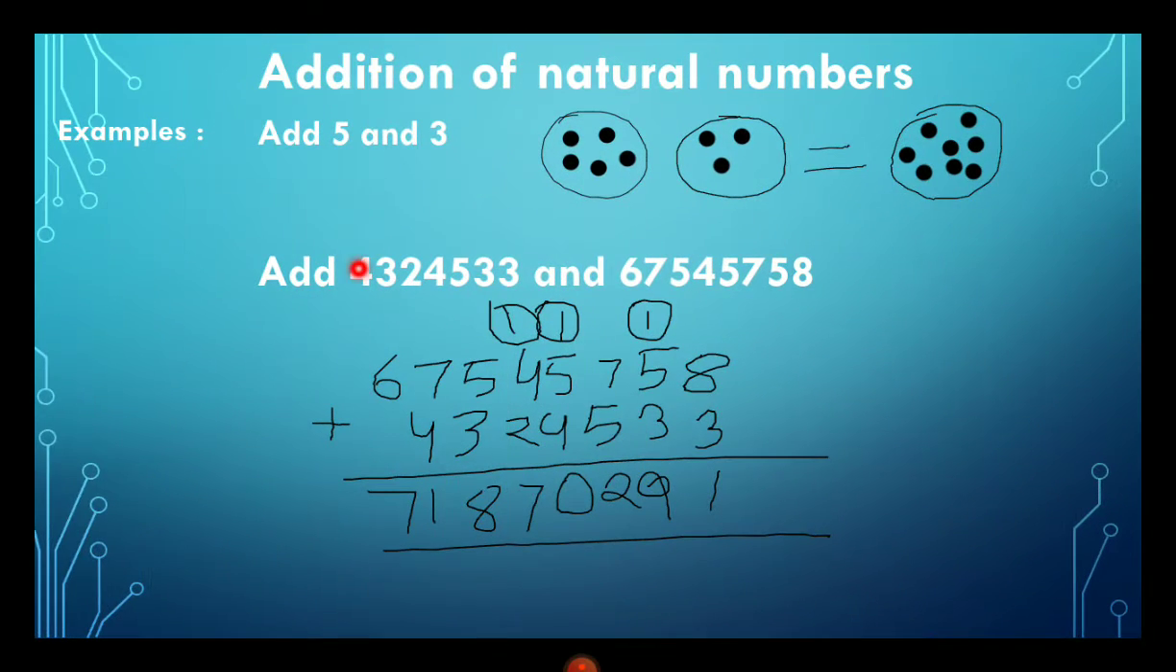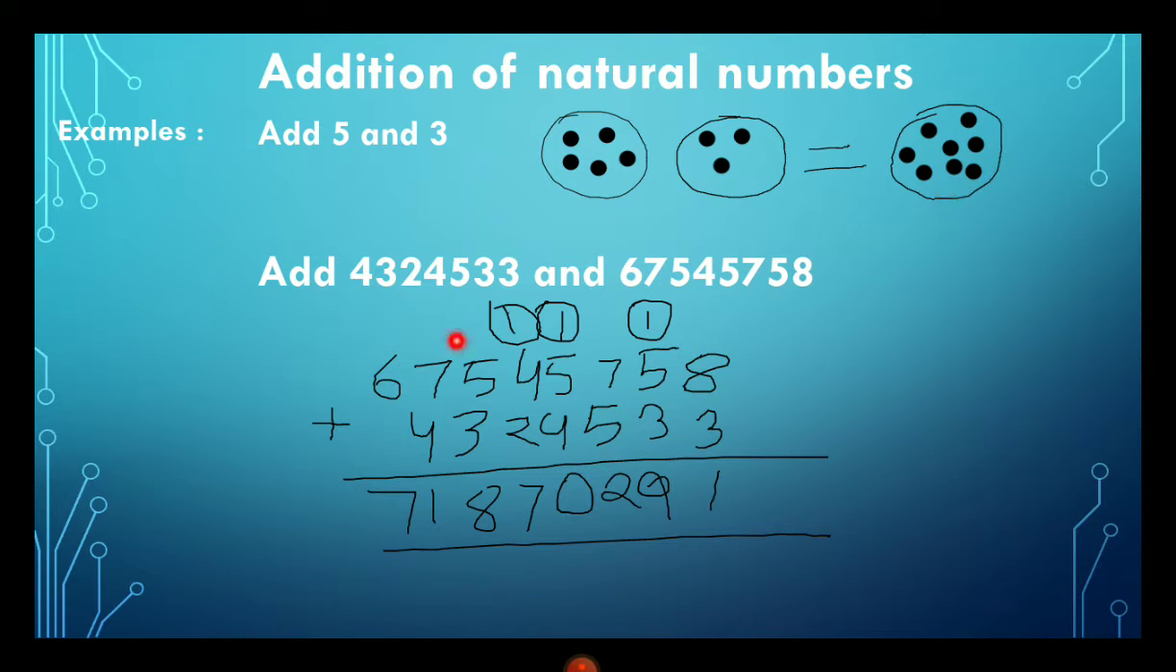Now, let's look at addition of natural numbers. Let's look at some examples. Add 5 and 3. So, how will you do it? See, you will first draw two circles and in the first circle put 5 dots in it and in the second circle put 3 dots in it and merge them. You will get